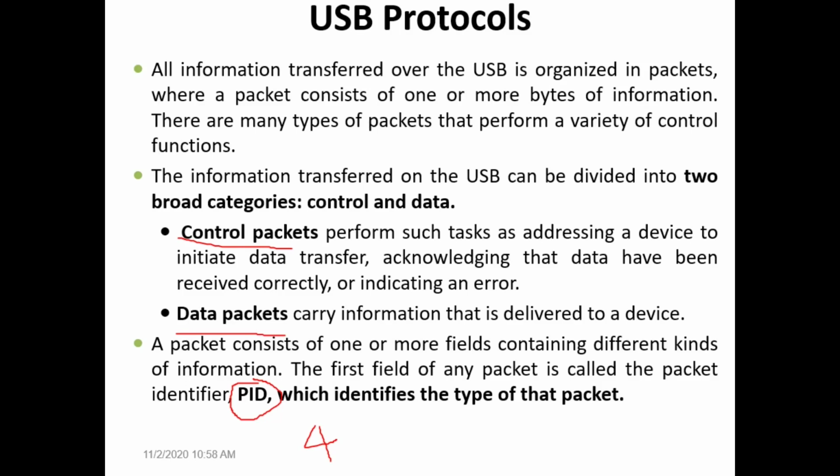So that's called the packet ID. Actually it is a 4-bit packet ID. That means there are 16 different types of packets. One type is the data packet, and in control packets there are various types of control packets. So 4 bits is enough for 16 different types of packets. But if you see the PID in any USB packet being transmitted, it will actually be 8-bit, not 4-bit.